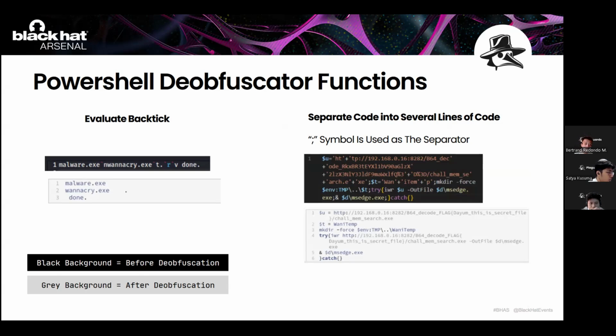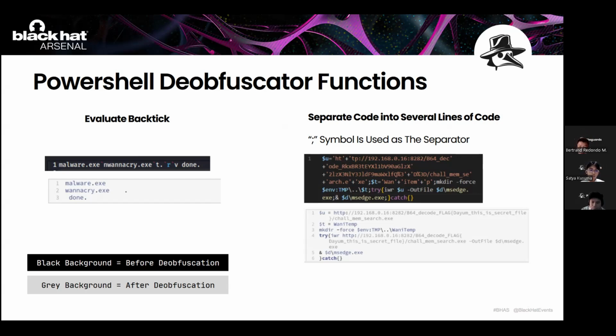As we can see in the result below, the new line is successfully executed between the malware.exe and WannaCry.exe string, which is split into 2 lines. The horizontal tab is also successfully executed between the WannaCry.exe and the full stop inside the second line. The third one is the return line, and the fourth line, then the last pattern is the vertical tab pattern, which is done between the full stop inside the second line and the done string in the third line. So we successfully run the vertical tab command.